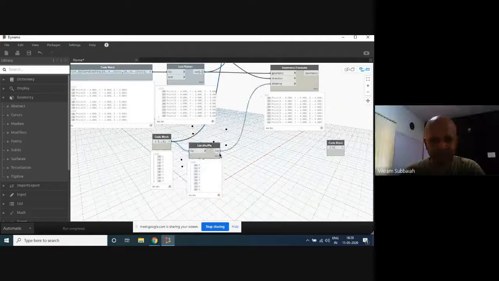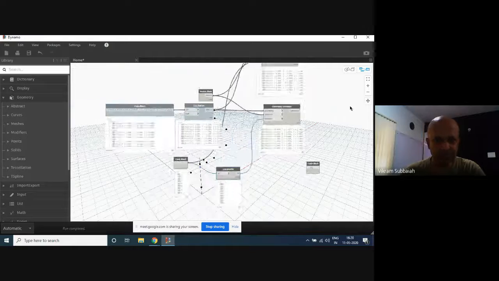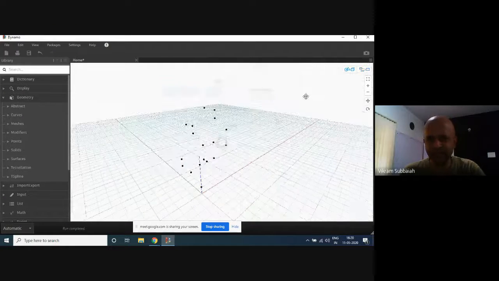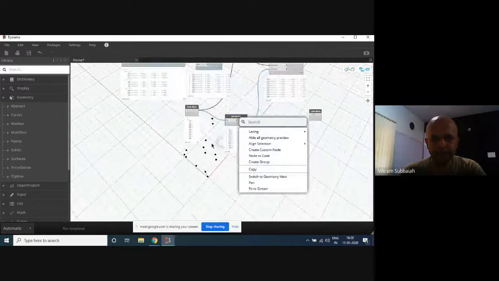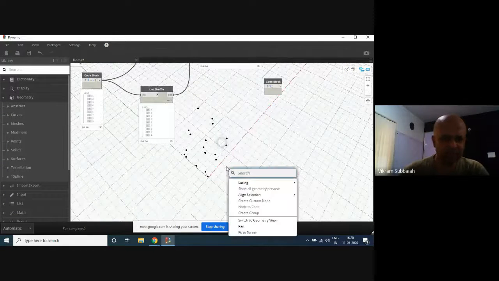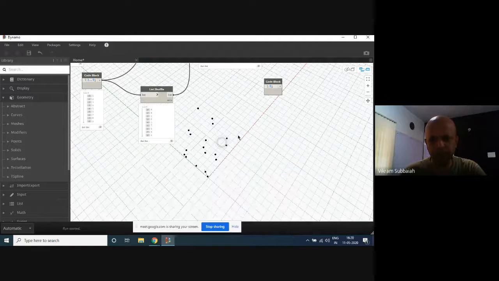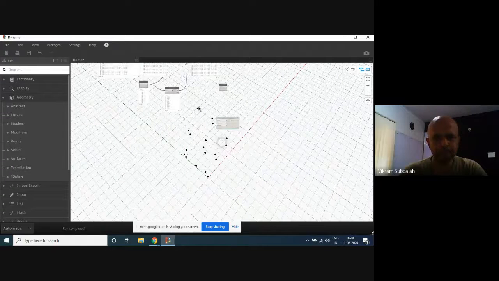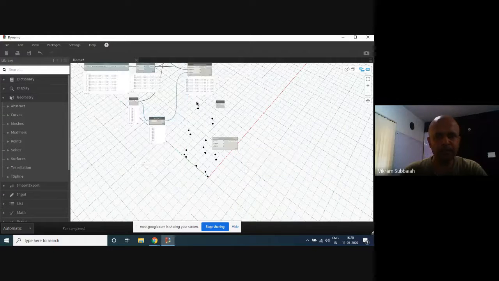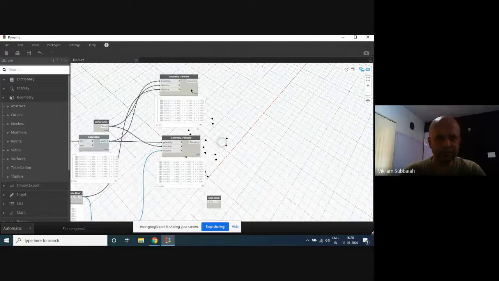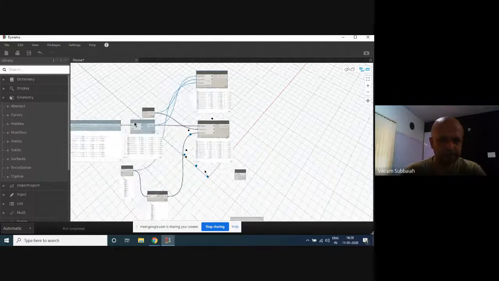Now, let me just try to see. Say if you got this itself, and I'll say it's something called NURB surface by points. Now, this is the unshuffled list of points, right?